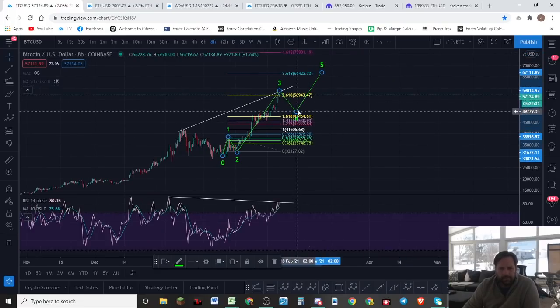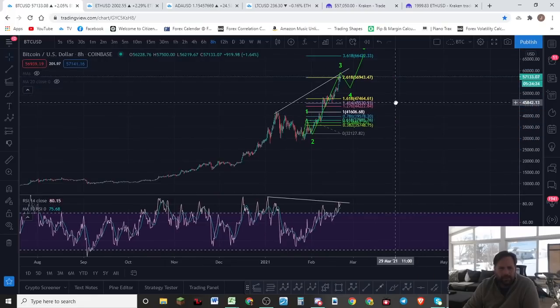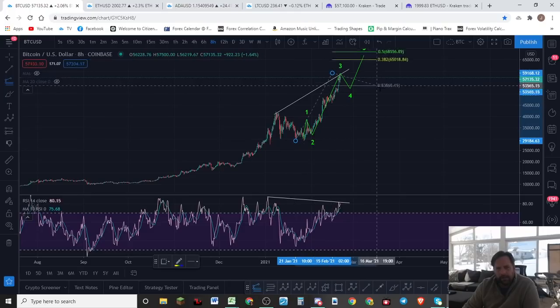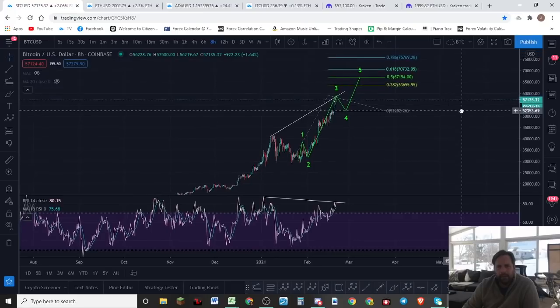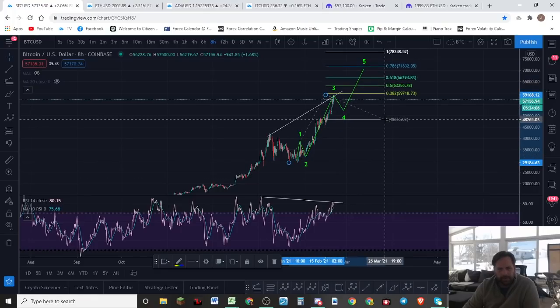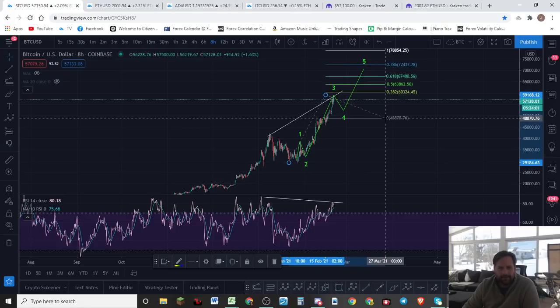So there's a possibility as well. We'd be looking at something like this. It gets us up to the 65K range, roughly. When we project the 5th like that, what we do basically is we go from 1 to 3, and then back down to 4, and we project. It's possibly even 70K there, guys, possibly. So it depends on how far this 4 comes down. If this 4 comes down deeper, then we're looking at 66, 65K, something like that. 66, 67K, if that happens.